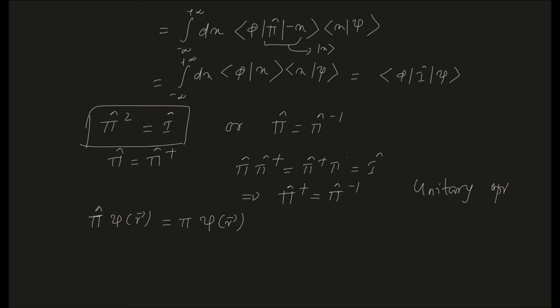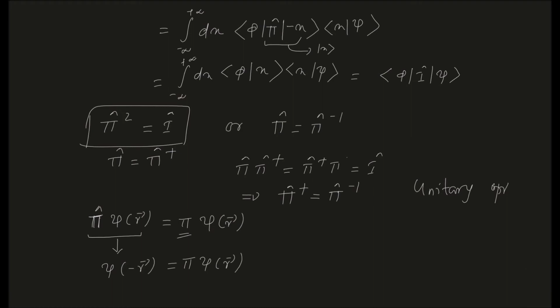So this is the parity operator, and this pi without any hat gives you the eigenvalue of that corresponding operator. We know that when this parity operator acts on this psi of r, by definition this will give us psi of minus r. Okay, and this can be written as the eigenvalue times